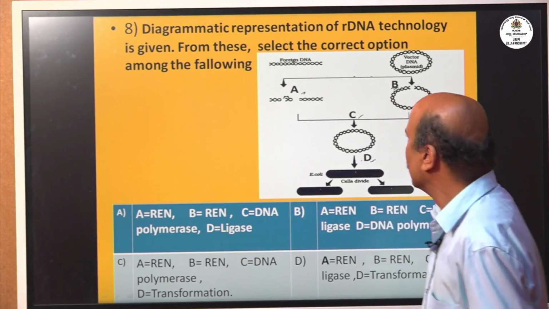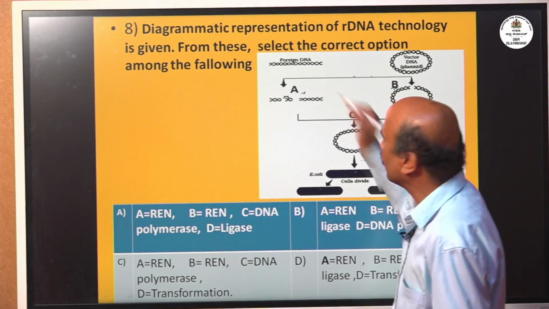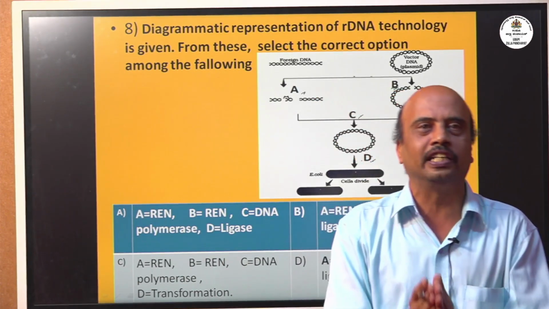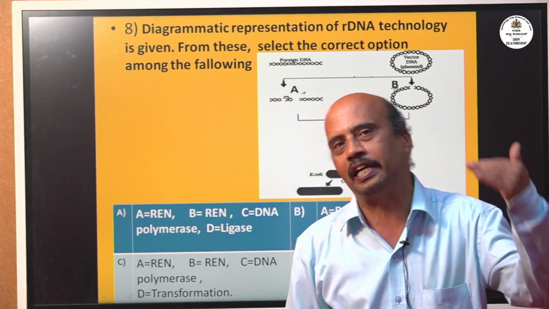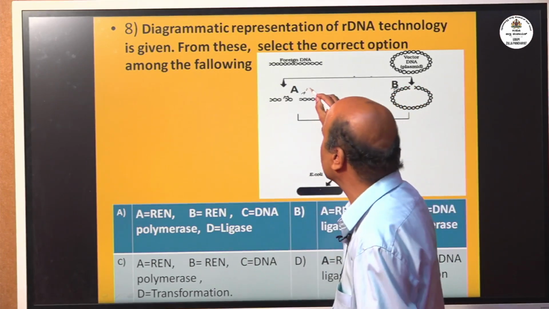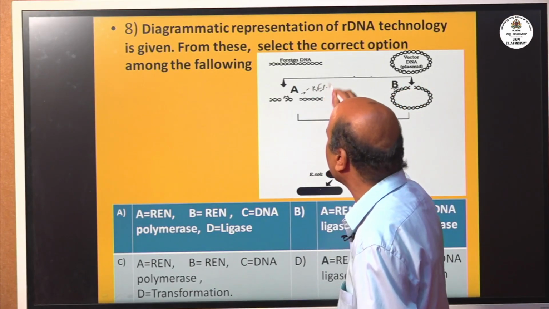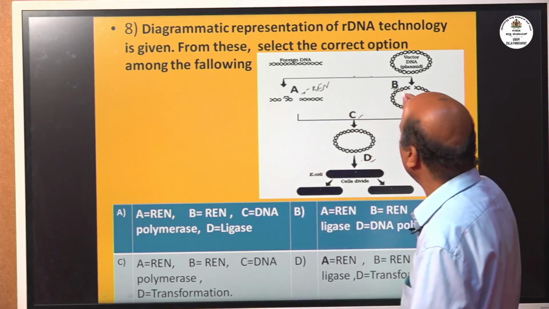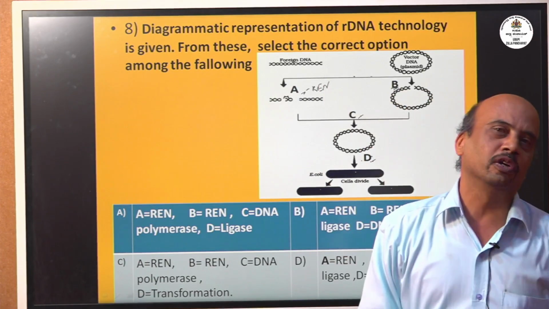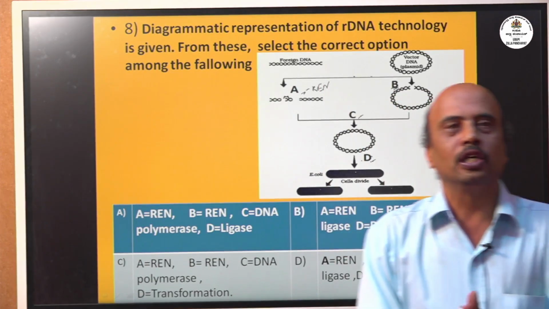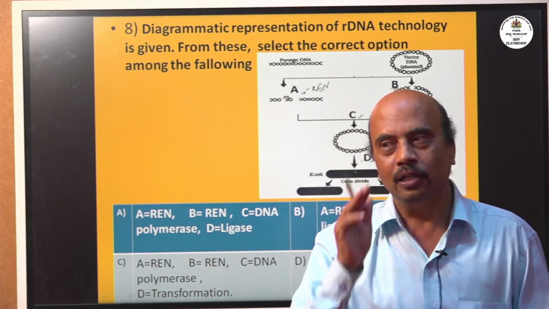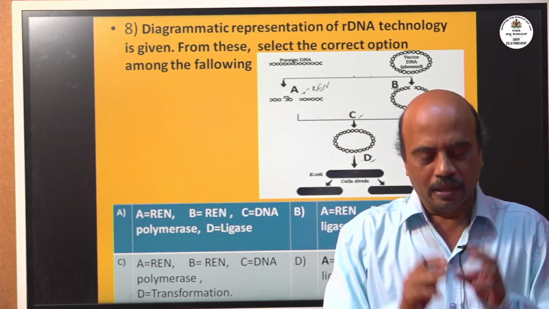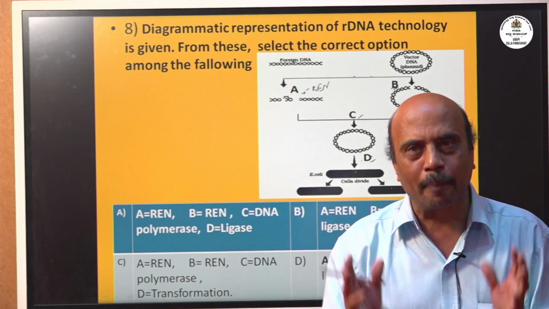Let us study. You know that A here is the restriction endonuclease that is used to cut the desired gene from the isolated DNA. So A is REN, restriction endonuclease. B is also restriction endonuclease because it is used to cleave the plasmid. And one thing you have to remember, the joining is made possible